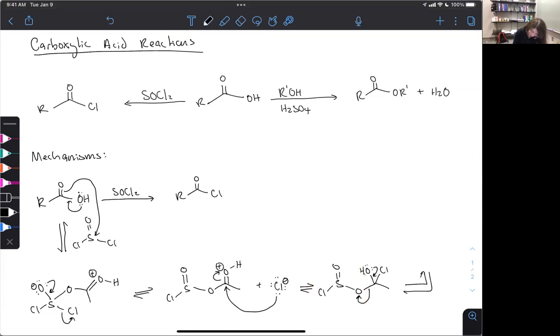Okay, so if I have those two things, I've got my O plus with my chlorine on it. So it's just a protonated acid chloride at this point. And then I've also got this guy, okay? So this is going to immediately fall apart because if we look at what we have, it's not technically tetrahedral, but we still have a leaving group. We still have the ability to form a new pi bond. So we are going to form an oxygen sulfur pi bond, kick off our chlorine,